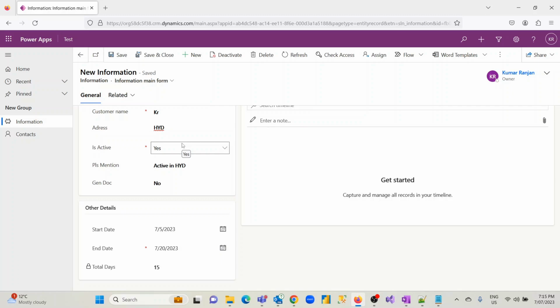Now I want to send the policy document to this user KR. I will go to generate document, I will hit yes and then I will hit save. What this does is it will send the document directly to this user. I have configured this user in my Power Automate flow in which I have given the email ID of this